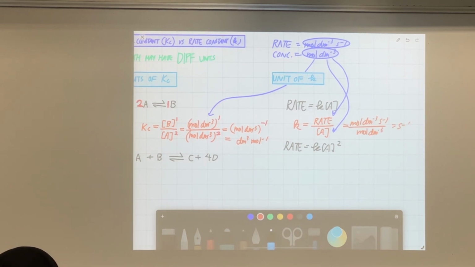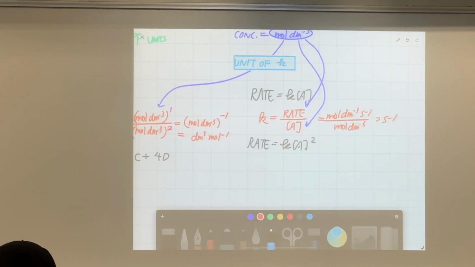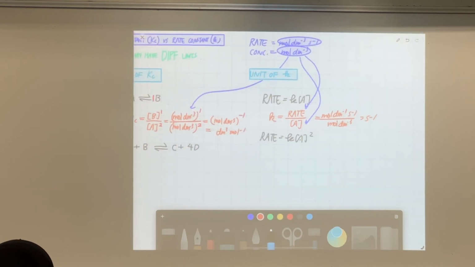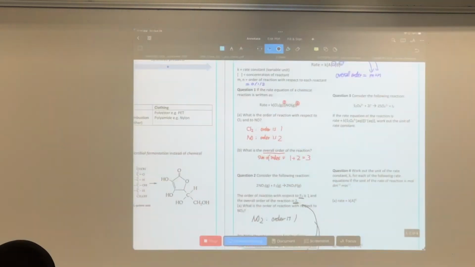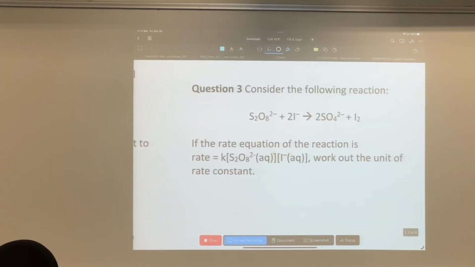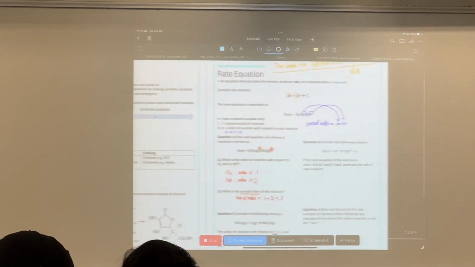Just per second. So now I want you to just try that question, because depending on how you write the rate equation, the unit of k would differ. Okay, so you can work out the answer to this question. There are two reactants here, meaning there are two concentration terms. So each concentration term has mole per dm cube as unit. So when you divide rate by that, figure out the unit of the rate constant. Okay, so we'll